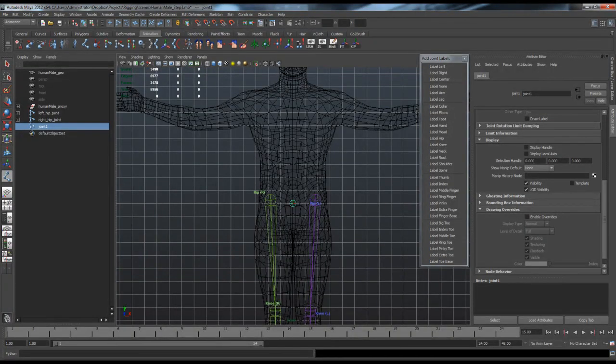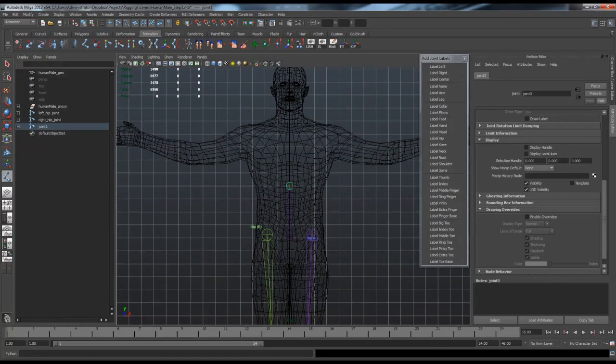So usually your back bends mostly from the bottom of the rib cage to the hip area. That's where you're going to get most of your bending from. You usually don't bend a whole lot in the center of the chest, and then you start bending more up towards the neck. So with that in mind, we are going to skip a couple joints here and give us a couple joints in the back to bend from, and then I'm going to go up to where the clavicle is,